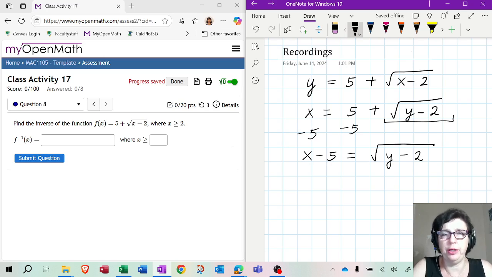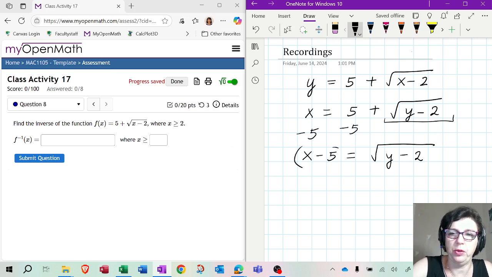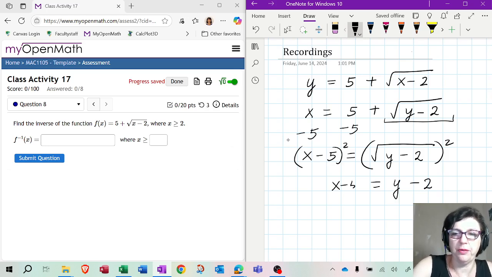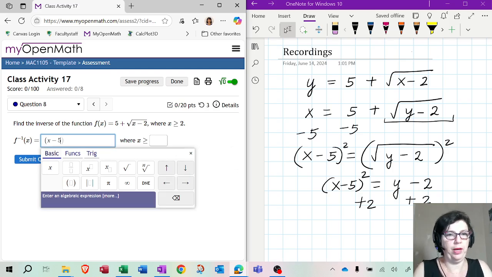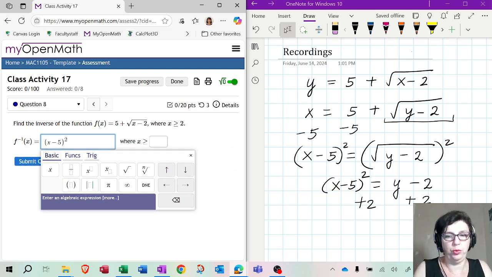So this is a trick that is used all the time to get rid of the square root. Just square both sides. But when you square, make sure you square the whole thing. So that's going to cancel the root, and it'll make it y minus 2 on the right hand side and x minus 5, the whole thing squared here. And finally, we will just add 2 to both sides. So that's our inverse, but we do want to see what restriction we have to make on x and why we have to do that.